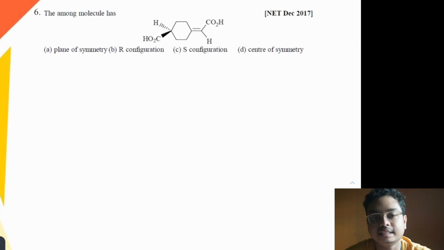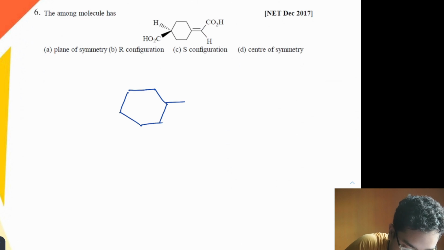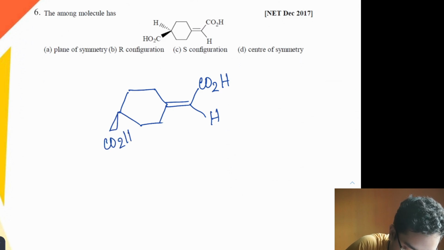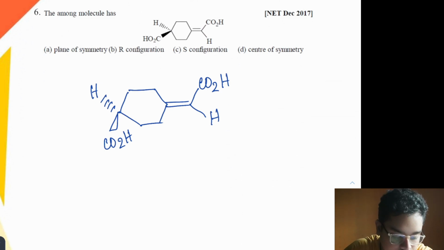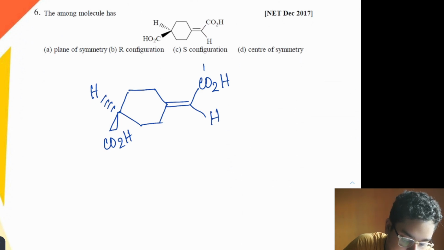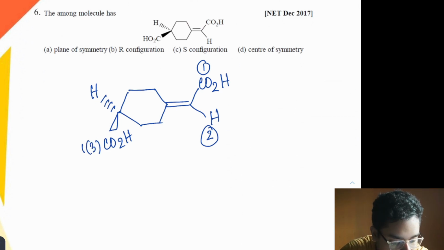Okay. Now move to this particular question. Again, we have to do the same RS nomenclature. So just draw this particular group. This also possesses an axial plane, axial chirality plane. So we just have to determine the naming. This will be the first and this will be the second. Similarly, this will be one, that is pseudo 3, and this particular group will be the 2, that is the